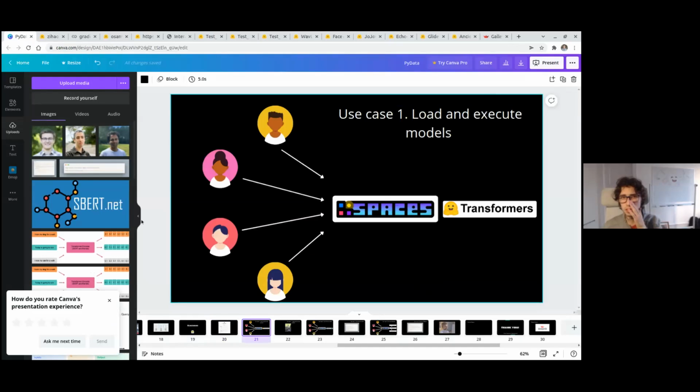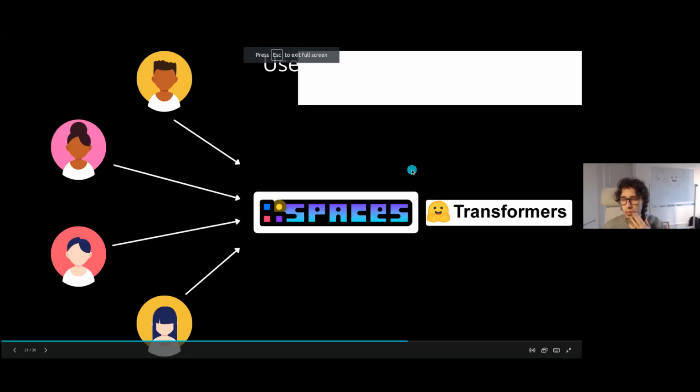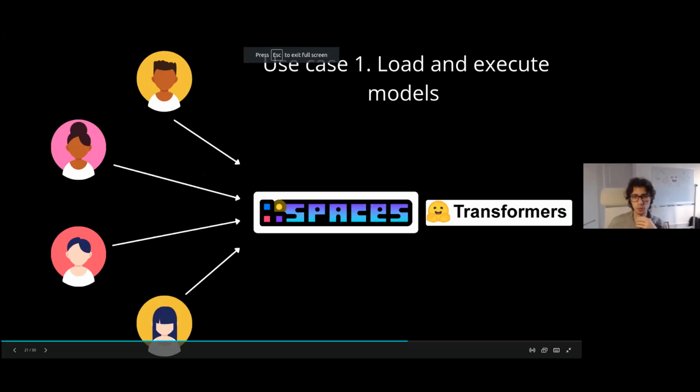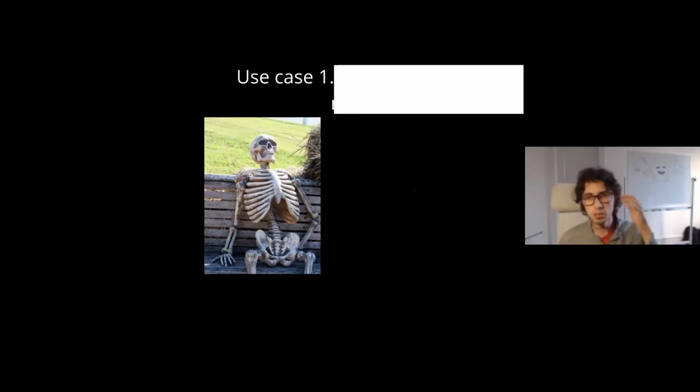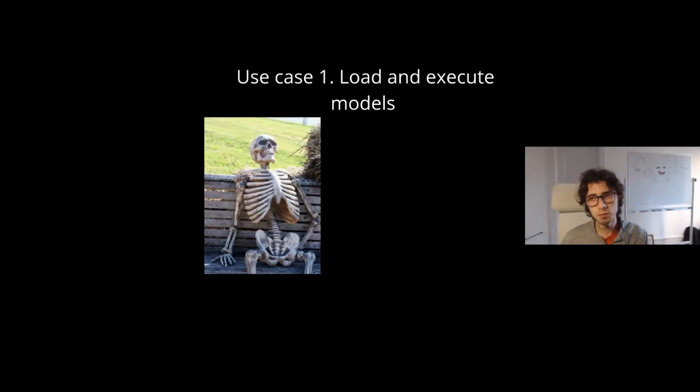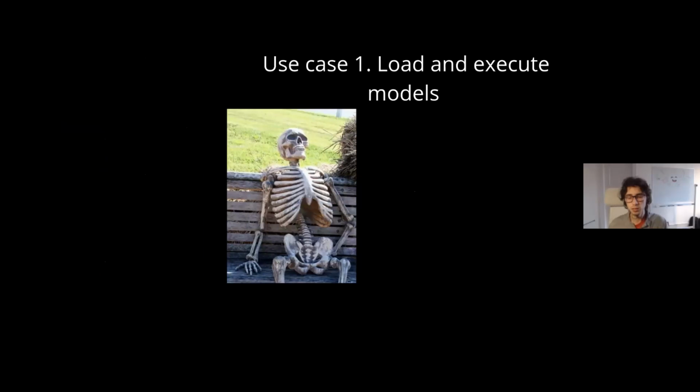And this first use case that we just did, let me show you, is like this, right? So any user can go to the Spaces website, and then they can go to, in this case, I'm using transformers, but you could be using TensorFlow, you could be using PyTorch, you could be using some higher level library if that's something you would prefer. But there are other things you could do. In this case, this might be a bit slow. If it takes like 5 minutes to run a model, it's not very optimal.